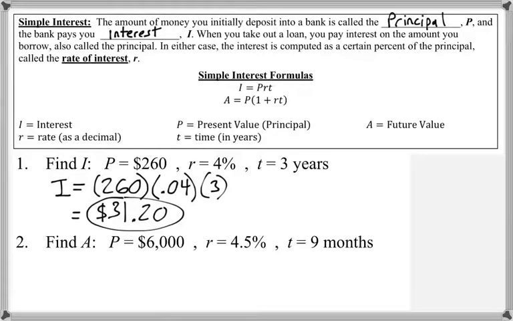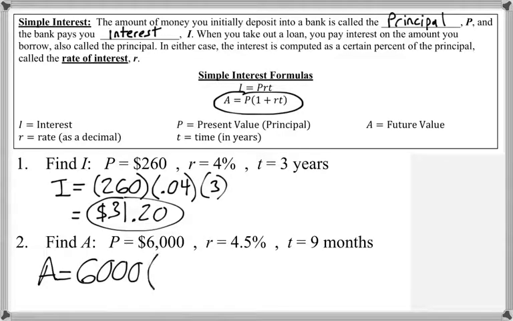Question number 2 wants us to find A when P is equal to 6,000, R is equal to 4.5%, and T is equal to 9 months. So we need to use the second formula. A is equal to 6,000 times 1 plus